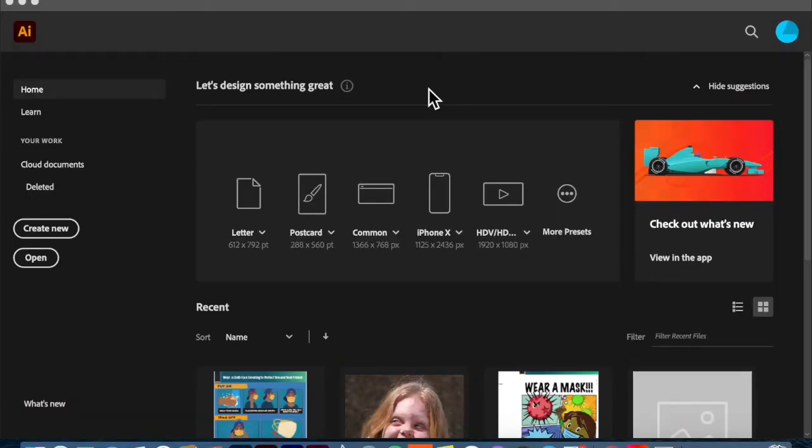CG3 class. Welcome to our first project. We're going to be creating color wheels using Adobe Illustrator. So when you first open up Illustrator, you will come to this home screen and you'll have to hit create